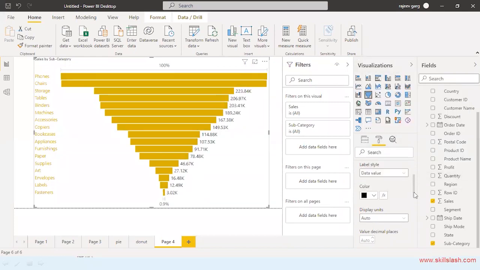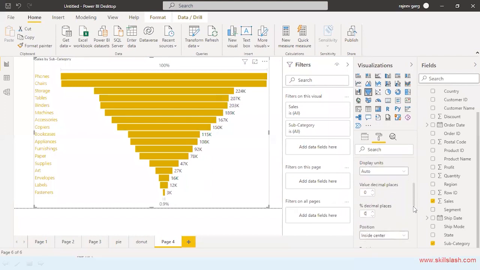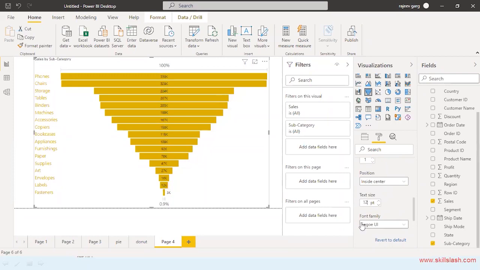Data labels, and display units is in thousands. I don't want the decimal places, so I'm removing the decimal places over here. All right, percentage decimal. Let's take the percentage decimal as one. Position is inside center. Okay, size, let me reduce the size to 12. 12 is smaller. Let's take 40. Right,